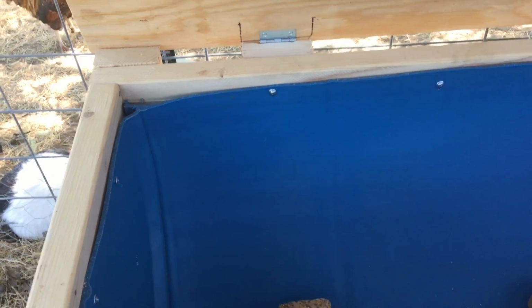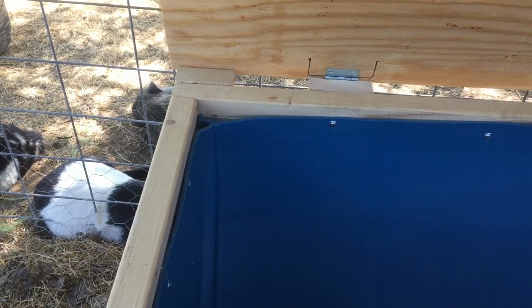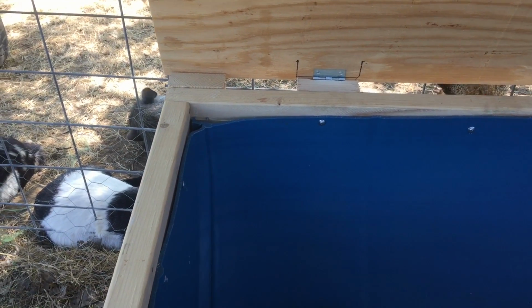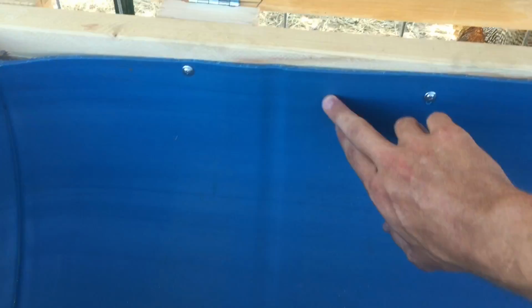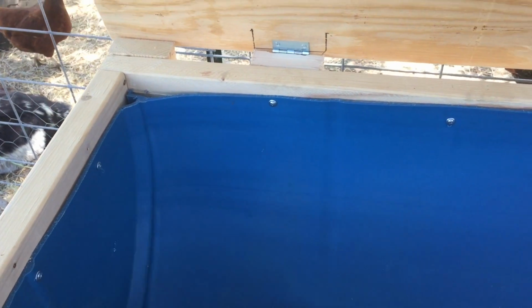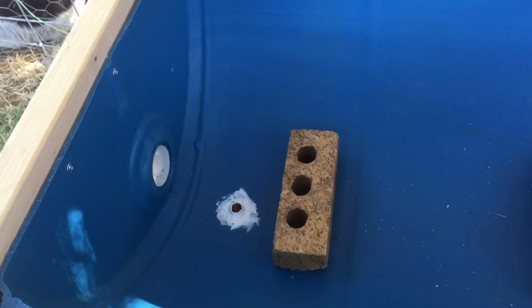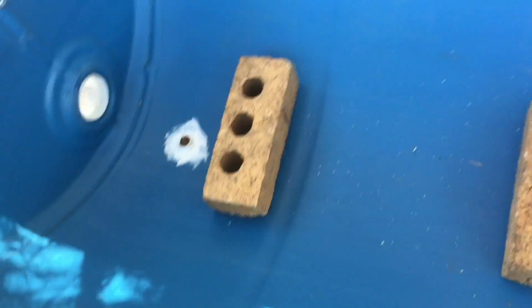And then another step that I still have to do, that I'm going to kind of just play it by ear and see how this performs as it gets warm. Right now we are under a big cedar tree, but if this starts to get too warm, I will end up coming in here and drilling out like 2-inch or 1-inch holes all along the sides and front and back, and then screen mesh those just as air vents so that more air can get in here for the air exchange. I have these bricks in here just to keep up the lattice that I use as a